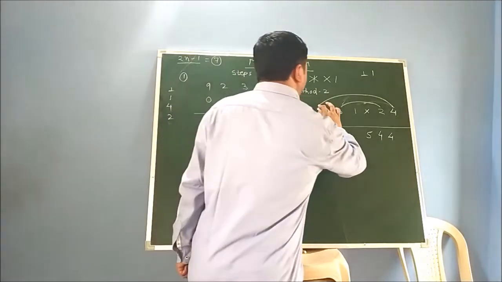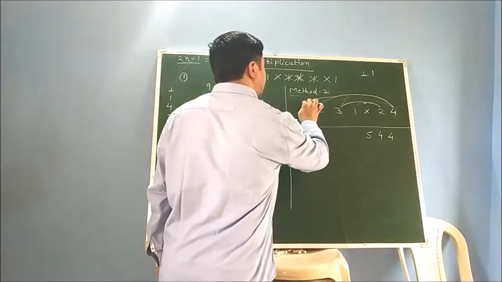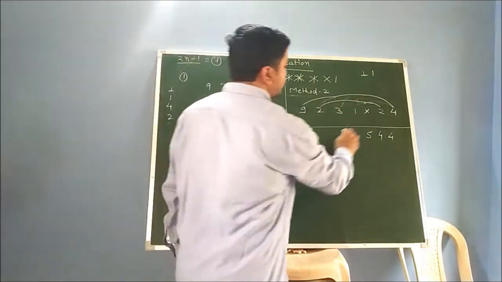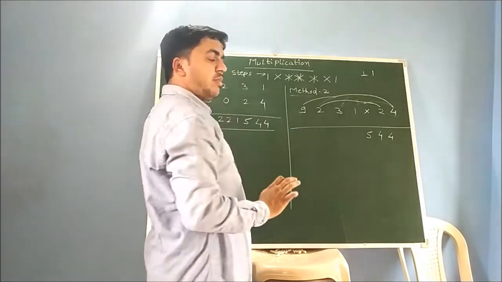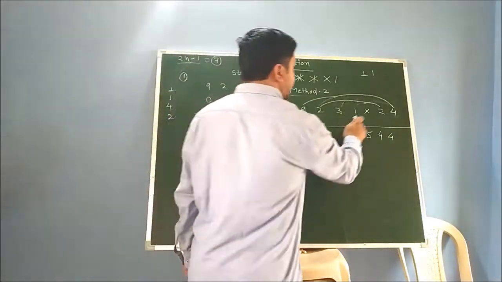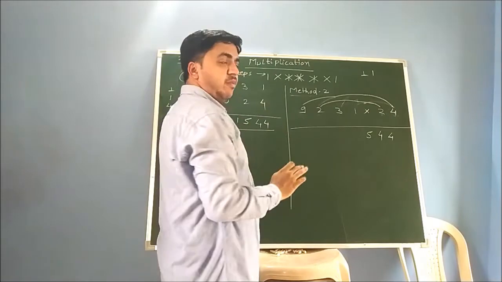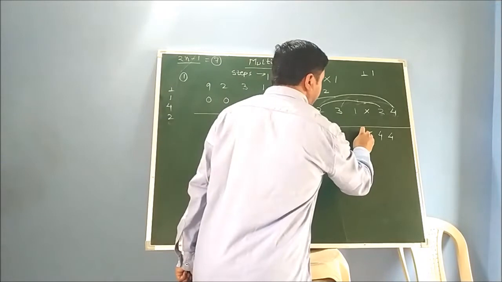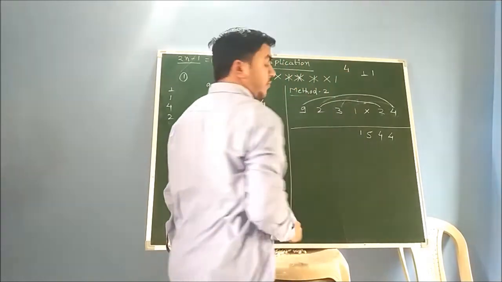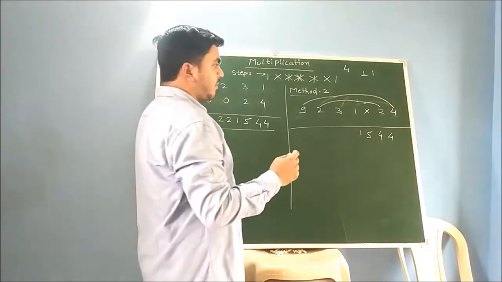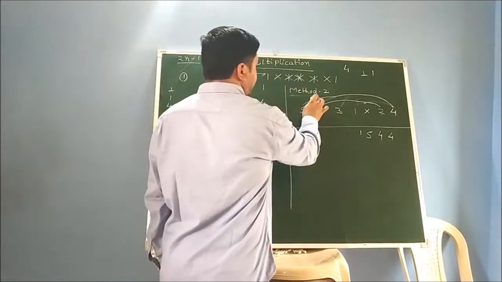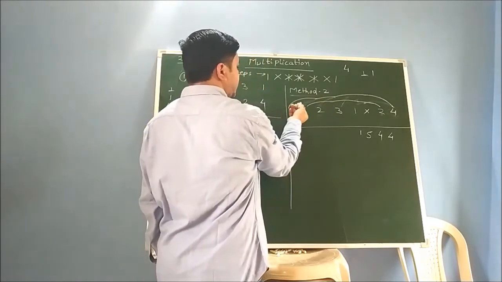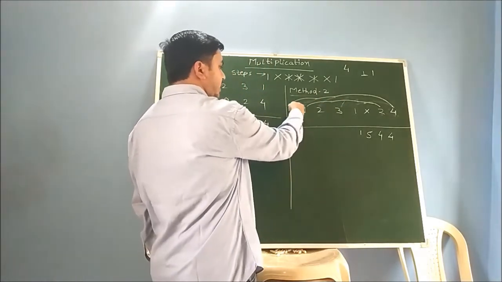Okay, next step, again you have to increase your arc by one step, and you will come to this 4 into 9, that will be equal to 36, plus 2 into 2, that will be equal to 4. 36 plus 4 is 40, plus 1 is 41, and the balance is 4 now. Okay, and in the last step, this arc will go outside, so this arc will be here and this arc will be one more step. There is no number here. If you want, you can write down 0 also.